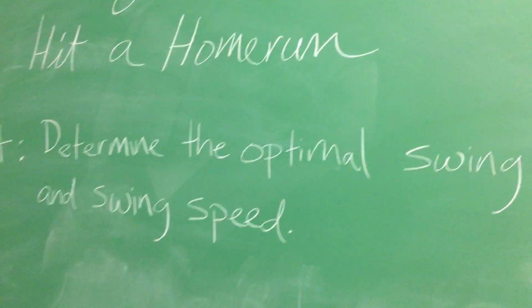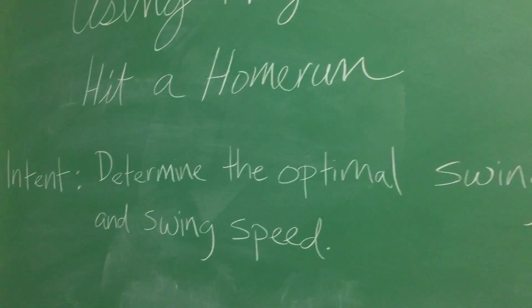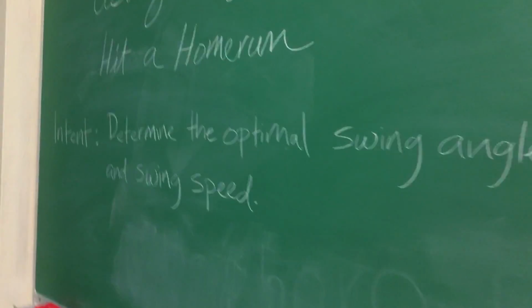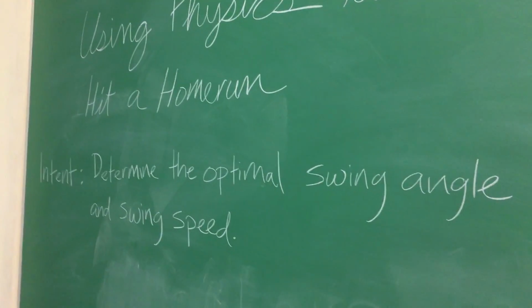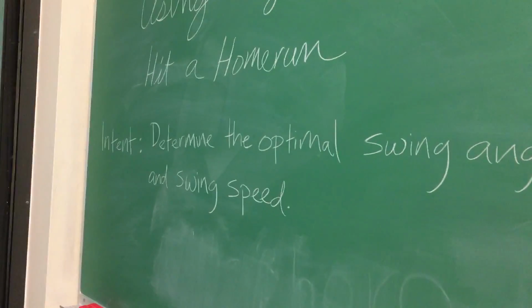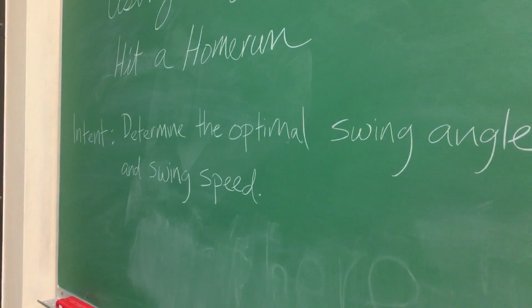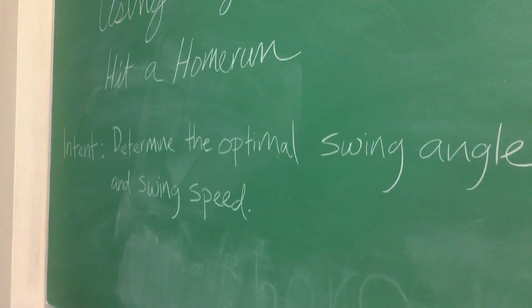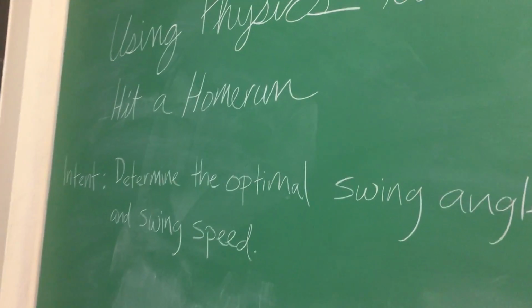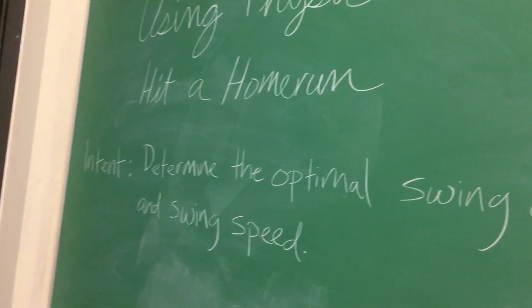So basically the intent is to determine the optimal swing angle and swing speed that you could use to hit a home run. This is mainly, hopefully, so I can get my two boys to hit better, using science to see if they can improve their hits when they play baseball. All right, so first off,